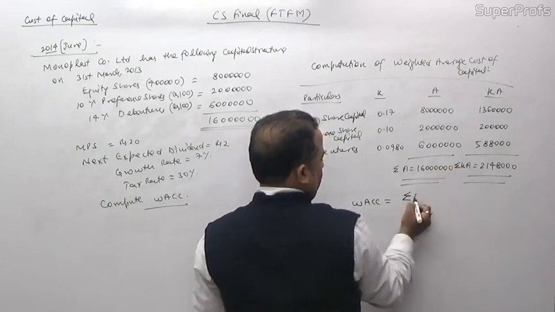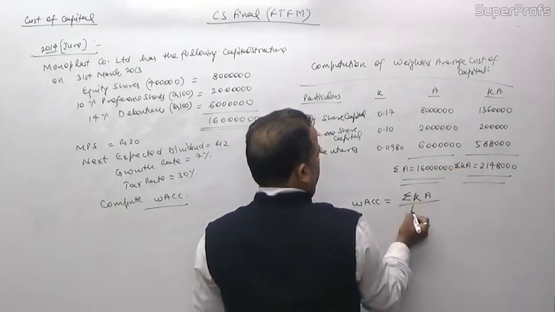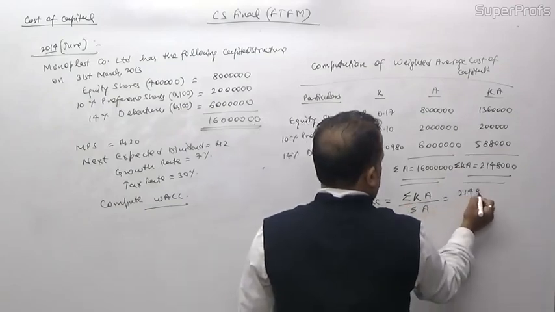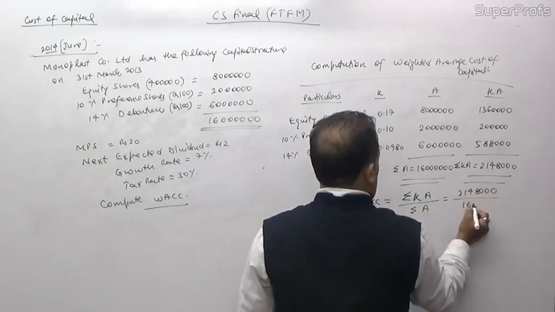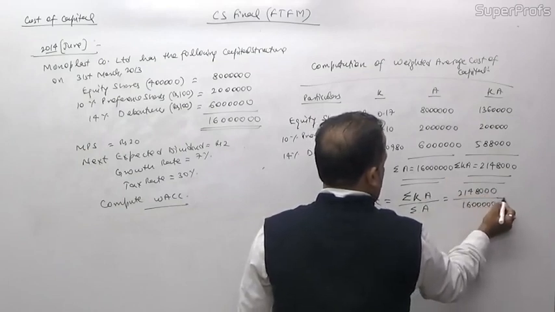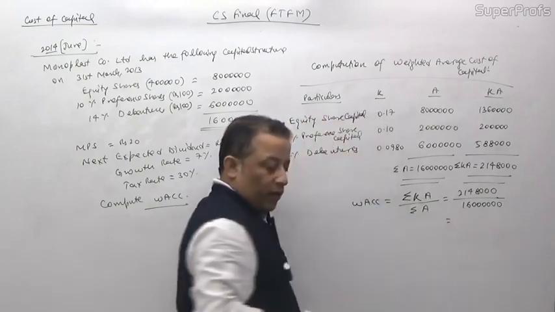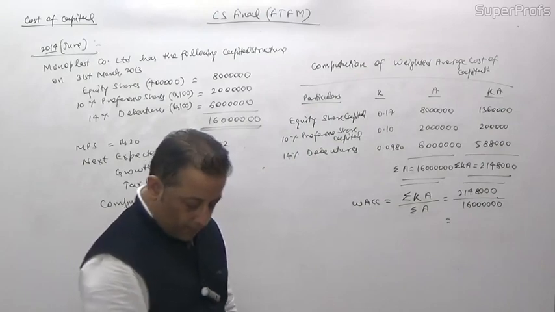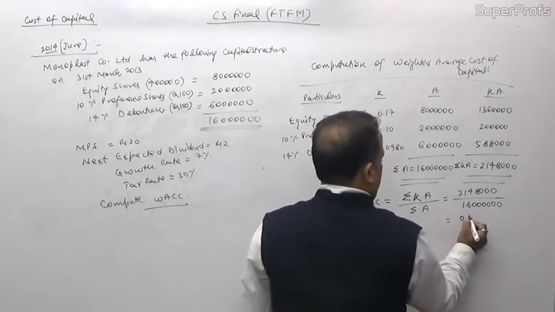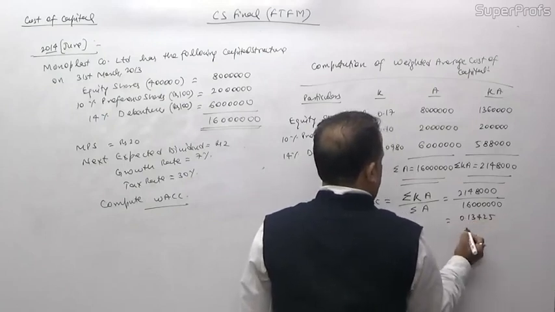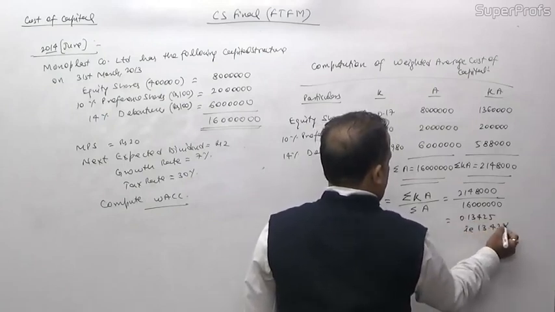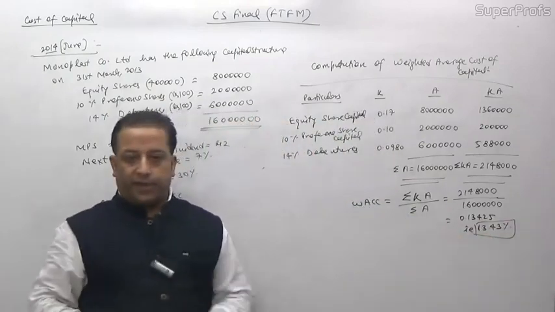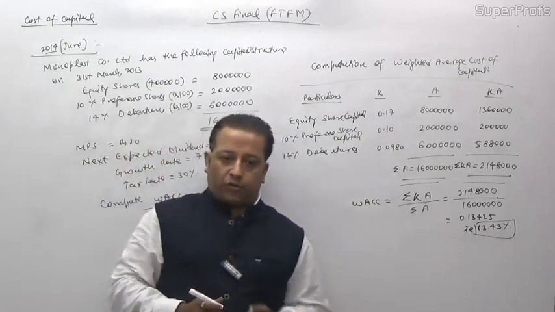divided by sigma A. 21,48,000 divided by 1 crore 60 lakh, that is 0.13425, that is 13.43%. 13.43% is the weighted average cost of capital